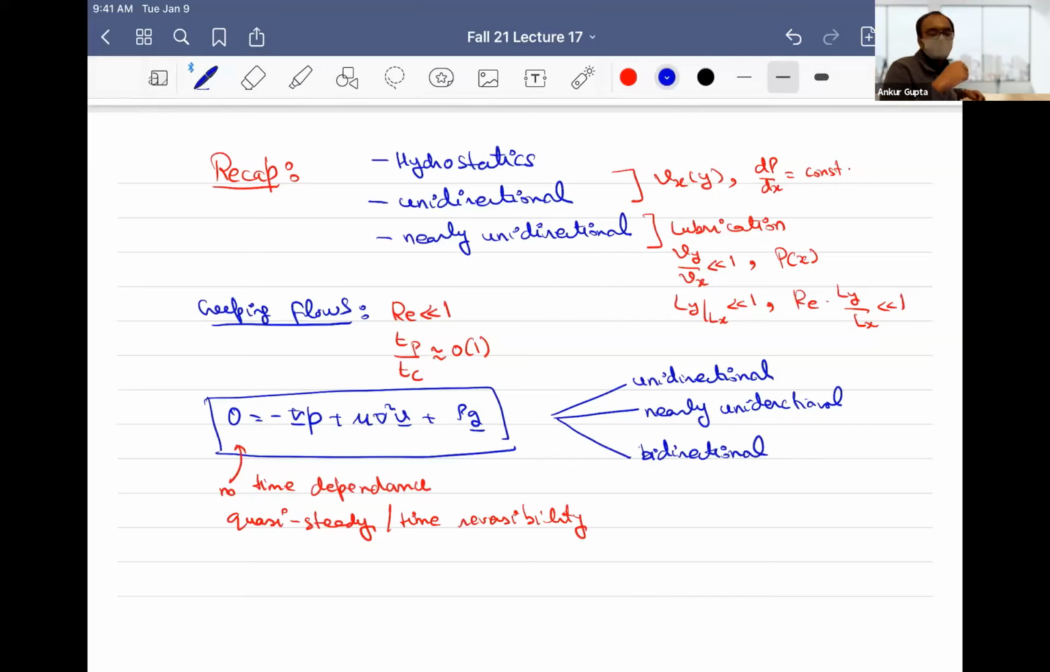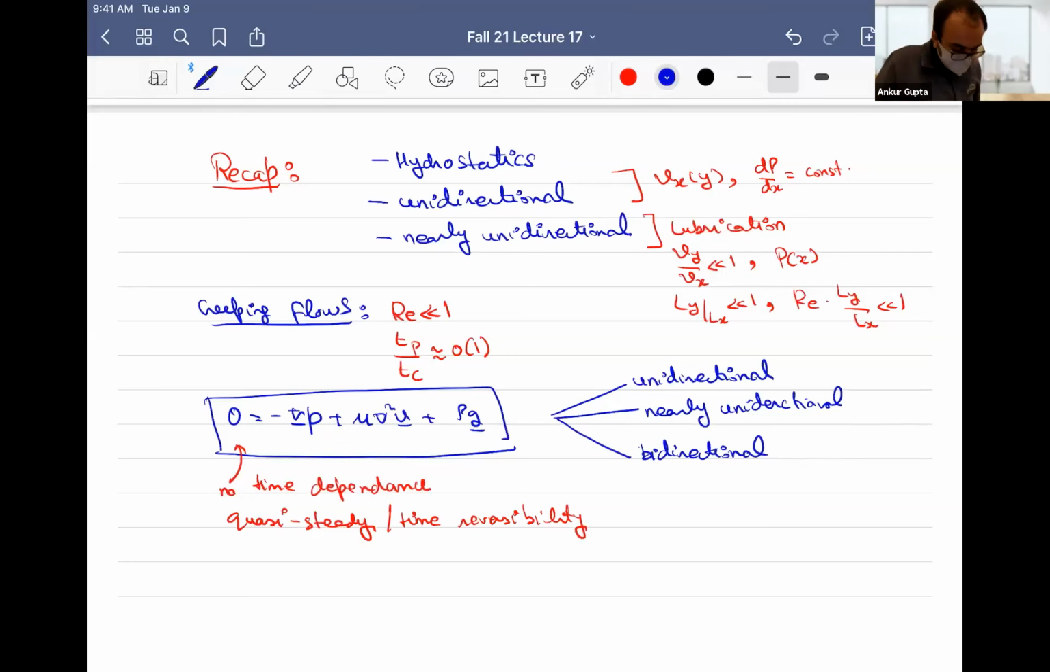And there we have the process time scale and the convective time scale to be on the order of 1. If these conditions are satisfied, then the Navier-Stokes equation simply becomes this, and the time dependence vanishes. The system becomes quasi-steady, or time reversible. These equations apply for all kinds of flows, unidirectional and bidirectional. It doesn't necessarily mean that creeping flow has to be one of them. It is just a general formula as long as the Reynolds number is small, and then you can have further approximations like unidirectionality or lubrication, or today, as we will learn,